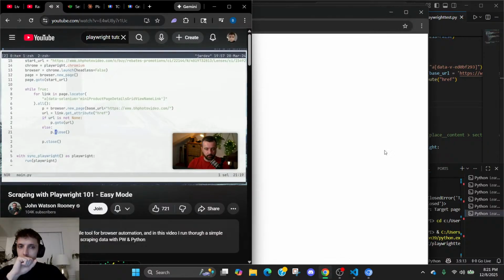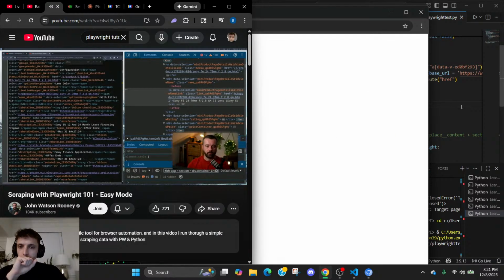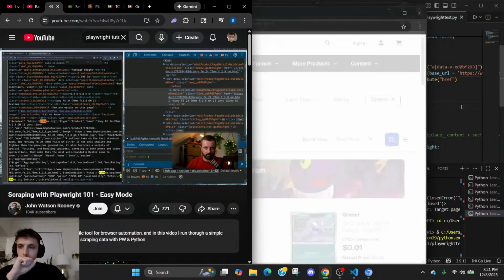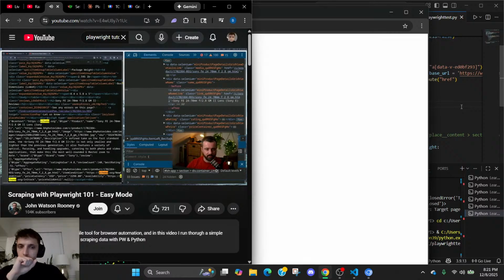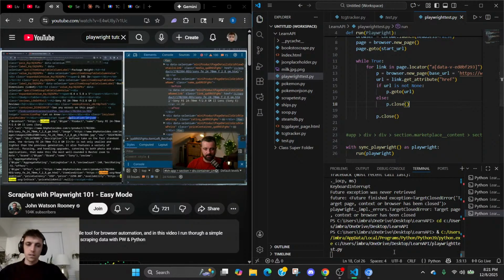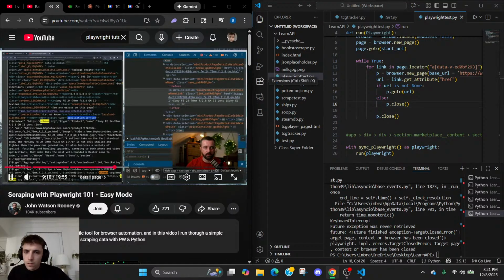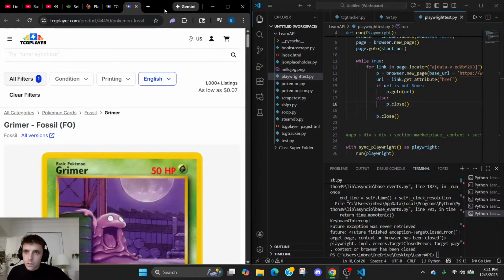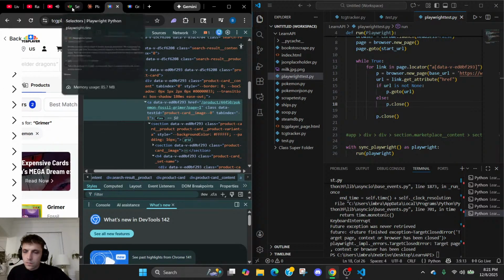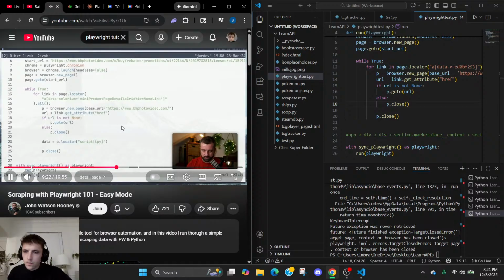So now that we're loading the detail page up, we want to take the schema data, which I showed you from here. We want to grab this here. So this is the script tag with the application LD plus JSON. Whenever you see this, it's likely to have this information in here. So we can do the same thing again. We can do data is equal to p.locator, and it was a script, and it's a LD, and it was a type is equal to